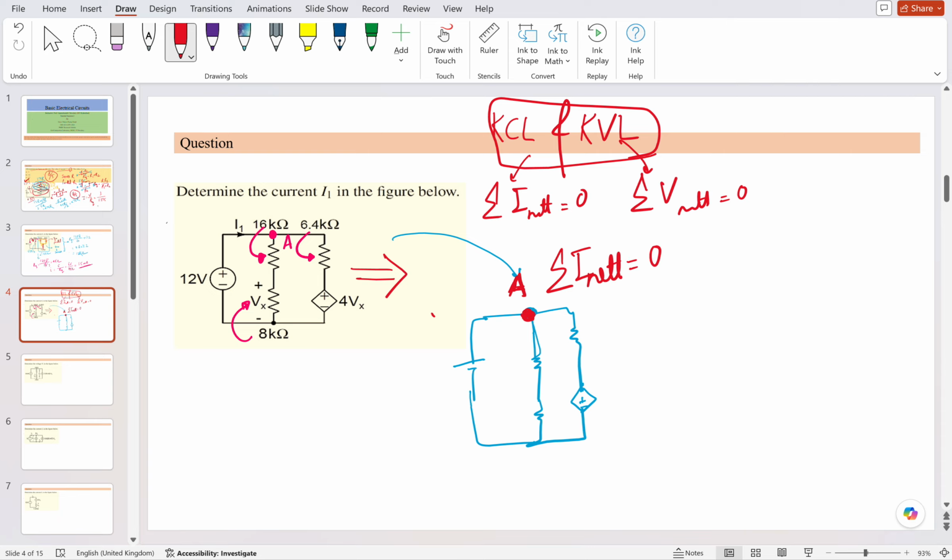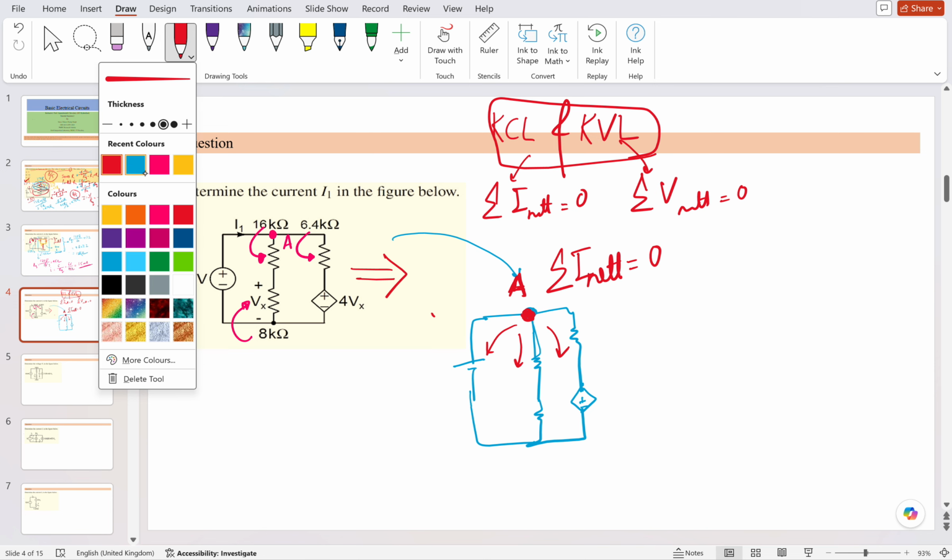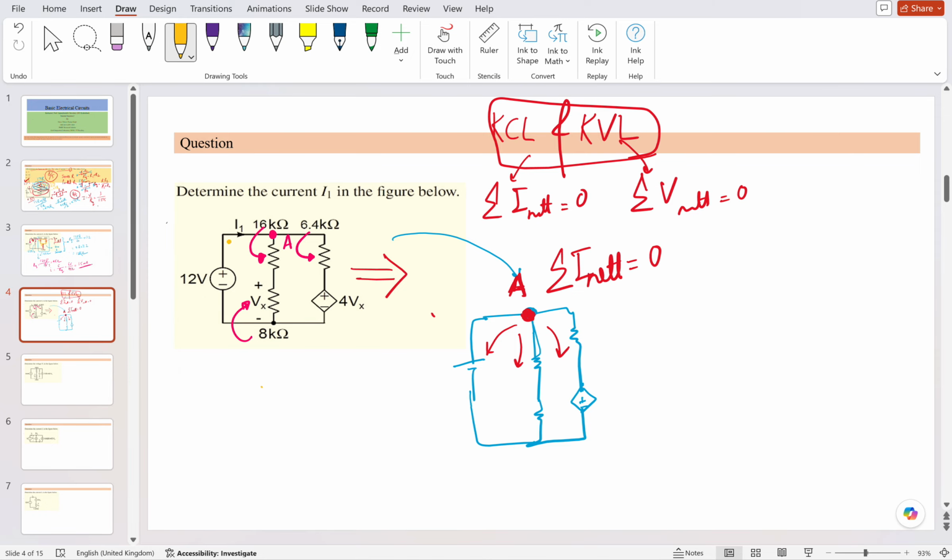What I usually do, from my perspective, is always consider the current as leaving the node. If it is an incoming current, I take it as the opposite, minus. Suppose in this topology, it is written that current is coming into the node, so I will consider it as minus I1, plus